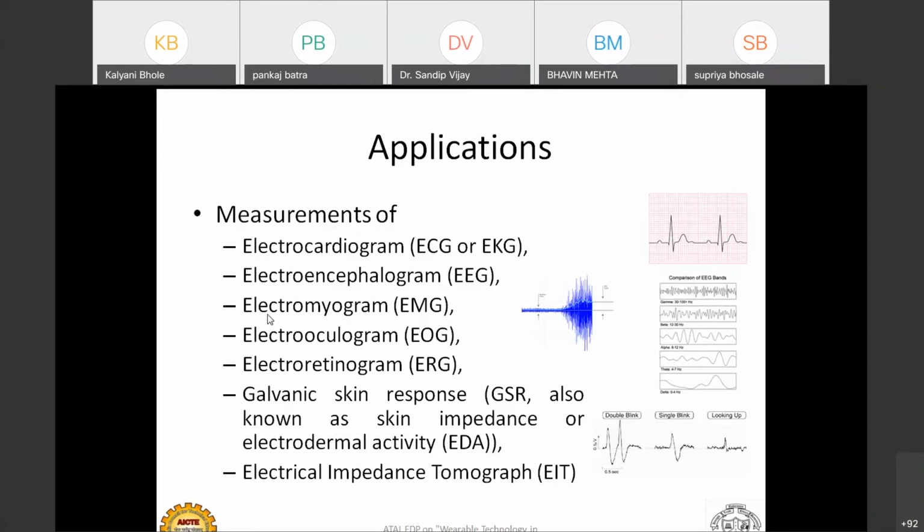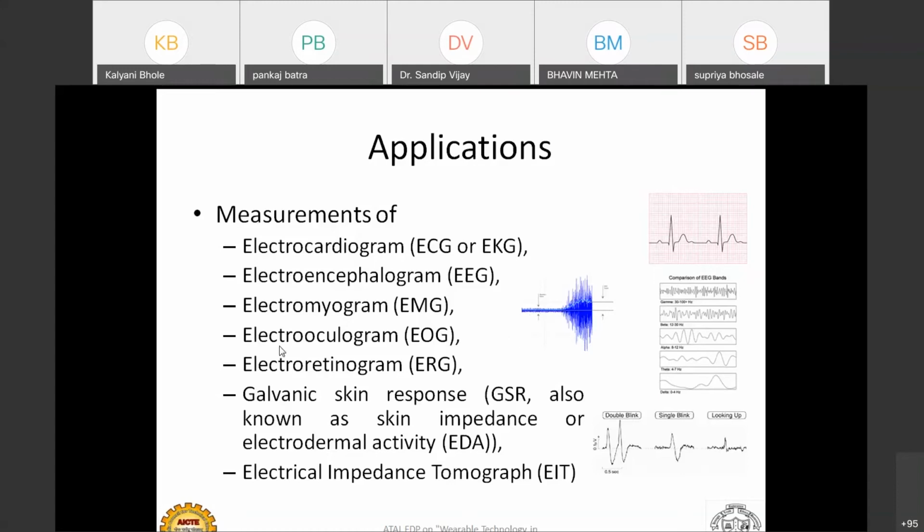Then it is also used for EMG, the electromyogram signal. This gives us the electrical activity of the muscle movement, the way muscle contracts or relaxes. When we perform a movement, the movement is performed with the help of muscles. Because of that movement, the muscle generates a kind of signal. So that is nothing but the EMG signal, the electromyogram signal. You can see a blue signal displayed here on the screen. So for measurement of this EMG signal, this type of electrode is used.